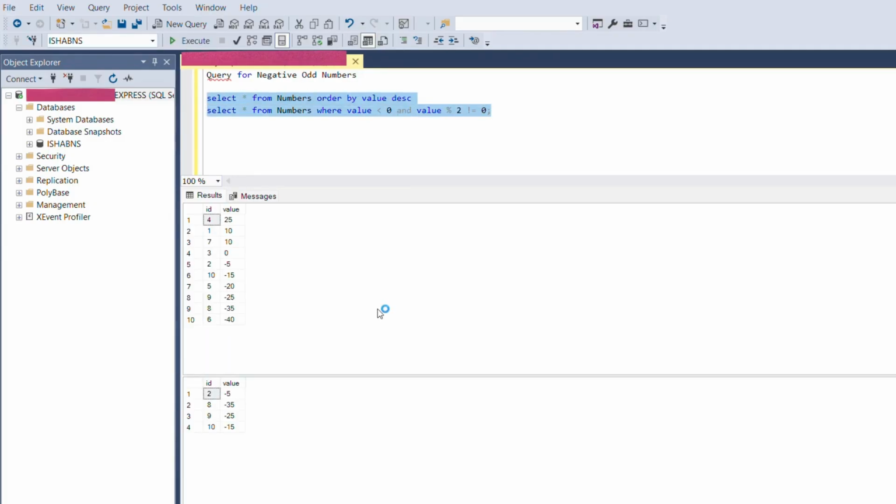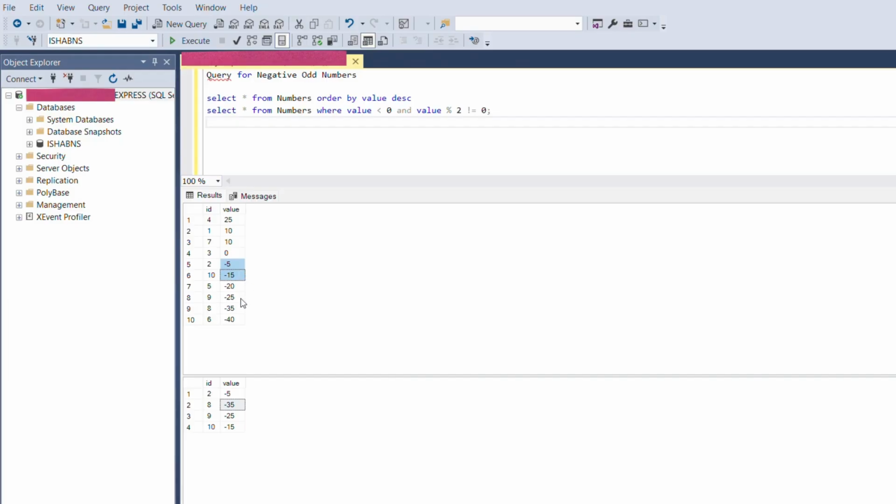If we execute this, we get the negative and odd numbers. Value less than 0 gives the negative numbers, and % 2 not equals to 0 gives the odd numbers. Here you can see all the negative numbers which are not divisible by 2, that only we get in the resultant set from the value column.